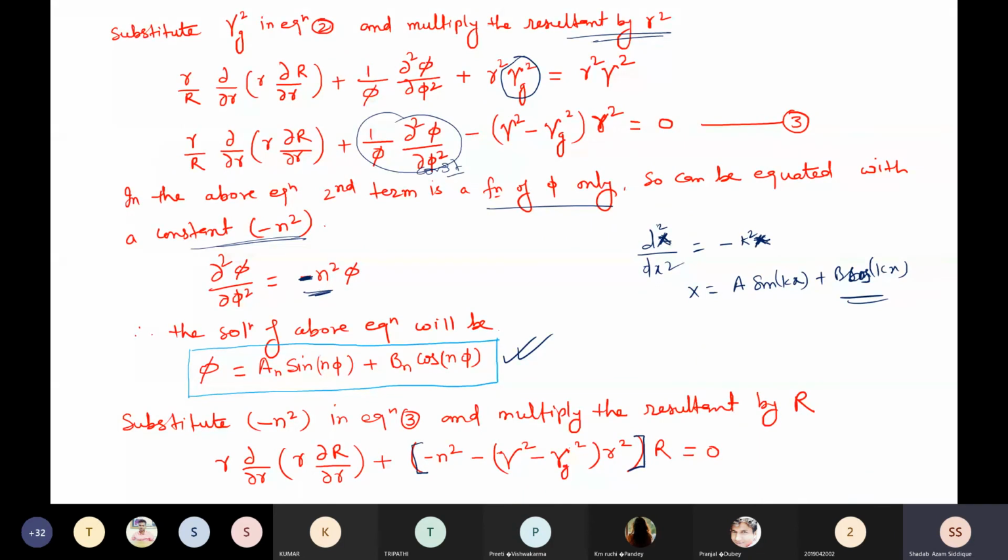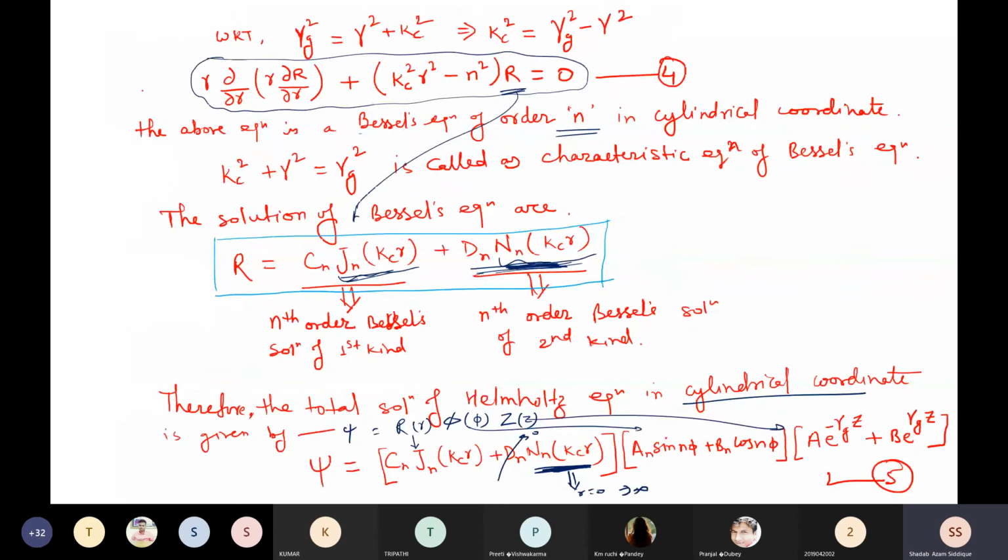By solving for R, capital R, we got a Bessel function, and the Bessel function will give you the solution. This is a standard Bessel function of order n in the cylindrical coordinate system, and that will give you the solution in terms of r: R = C_n J_n(k_c r) + D_n N_n(k_c r), and there we have